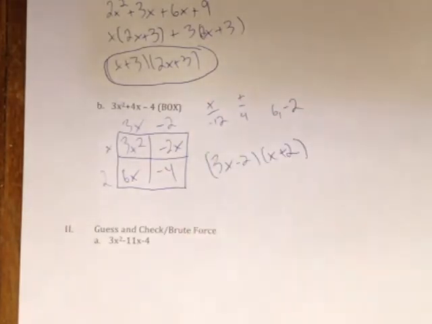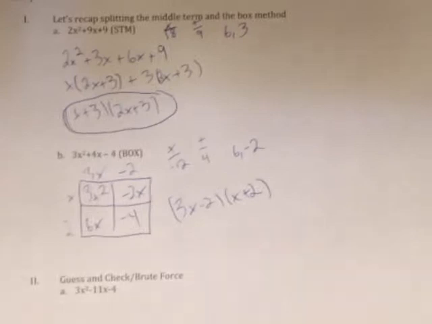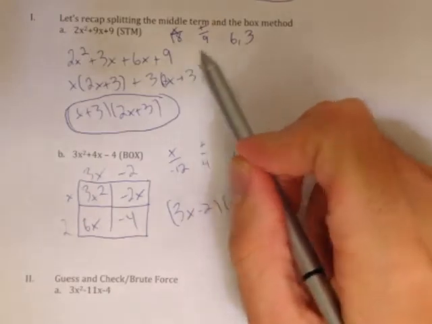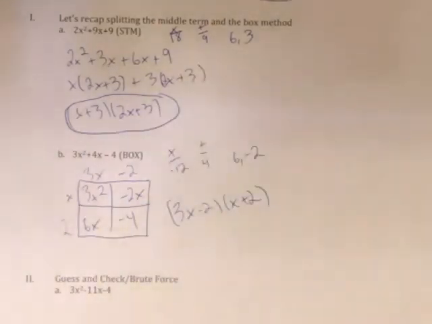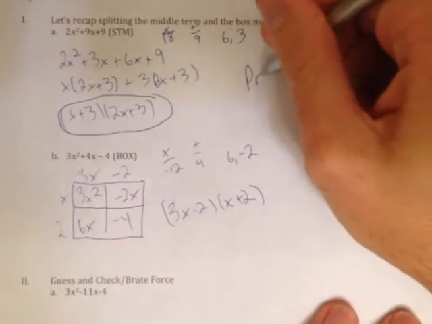Awesome. Now, what I was going to mention at the beginning that I decided to wait for was this. The reason I like these two methods is twofold. One, it's a direct process. You can follow it every single time and get yourself to an answer. It's helpful for when problems are tough. Two, if you can't find any numbers that multiply to this and add to this, it means either you're not very good at finding numbers, which I'm hoping is not the case, or it could mean that the polynomial is